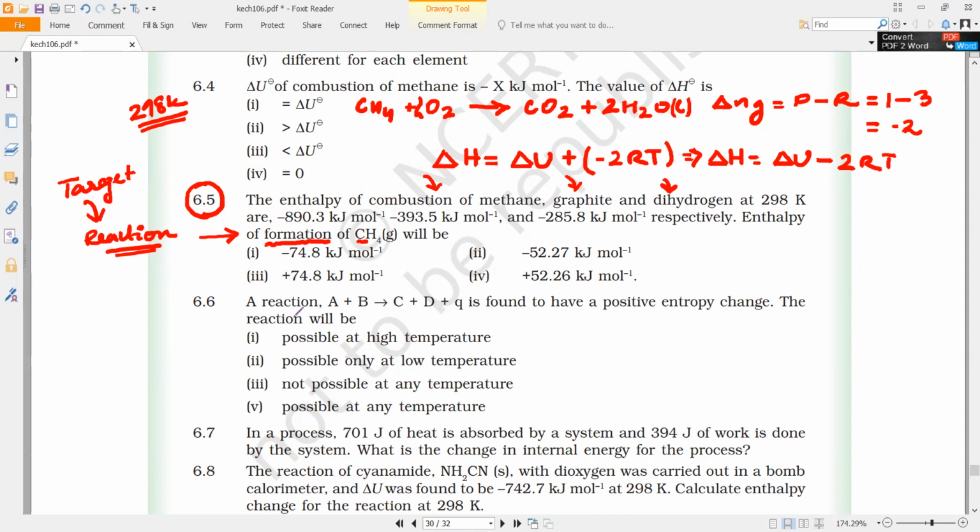Is there any difference? All the data that we have given, the reactions were given. Obviously, here the reaction is not given. I understand that much. But what are you saying? You will not be able to write the reactions? You can write the combustion of methane. You can write the combustion of carbon. You can write the combustion of dihydrogen. Yes. What about you, Matthew? Sir, I cannot find it in the notes maybe because